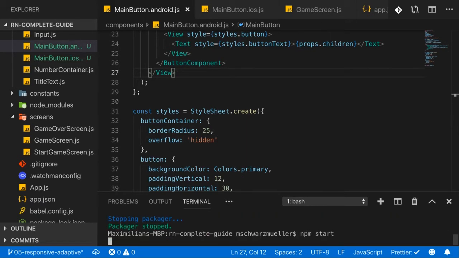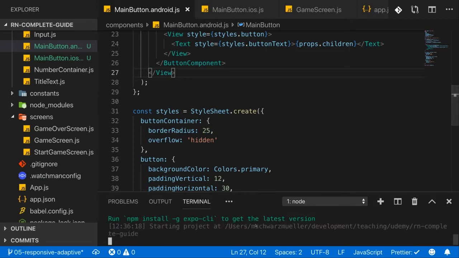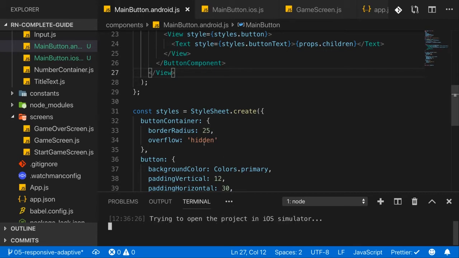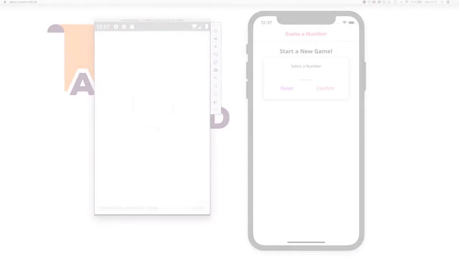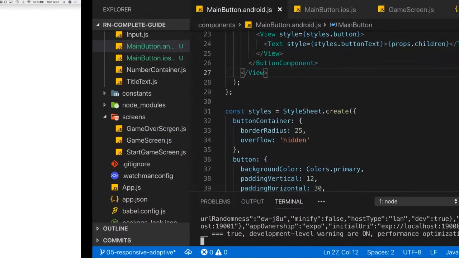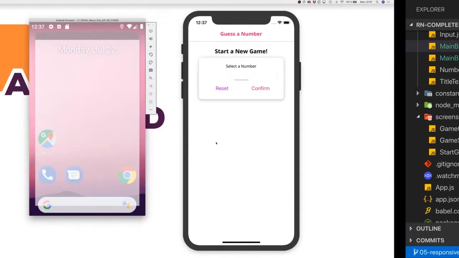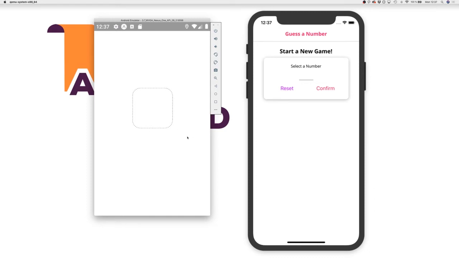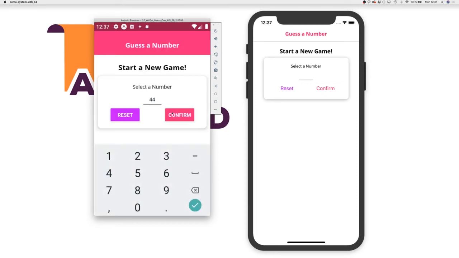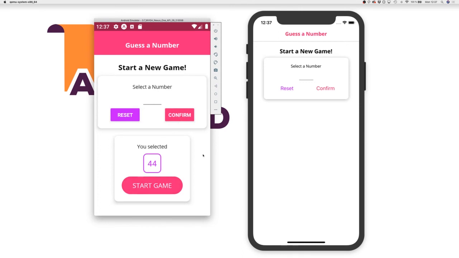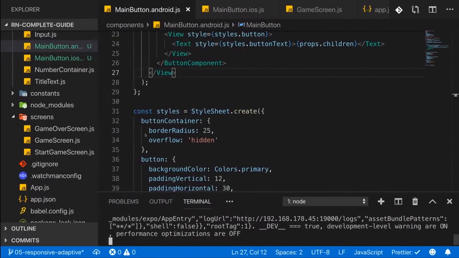Now with that, I'll actually restart that to make sure that all these changes are picked up correctly, and then run this on Android and iOS. And also dismiss the running apps there and restart them to make sure that they are really reloaded correctly. And you should then see your application run correctly on both platforms again, with the platform-specific styles. So here with the ripple effect on Android, for example, and the opacity effect on iOS, thanks to our separate